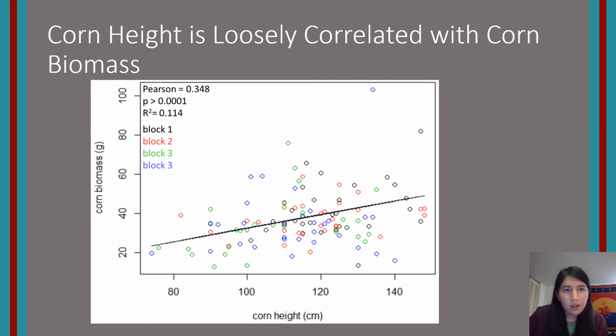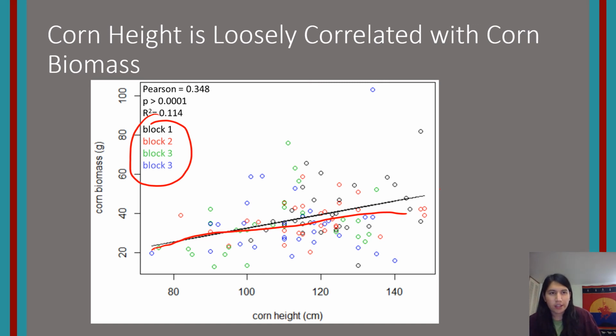And so right here we're seeing just this general somewhat small relationship between biomass and height, meaning that when you increase in height, the biomass of the corn did increase, but generally it's not too strong, I would say. And even further, this can sort of be explained also. What we have here are the blocks. So for this experiment, you can think about what block means, like there's different replicates of the experiment. So we grew those 10 treatments 4 different times.